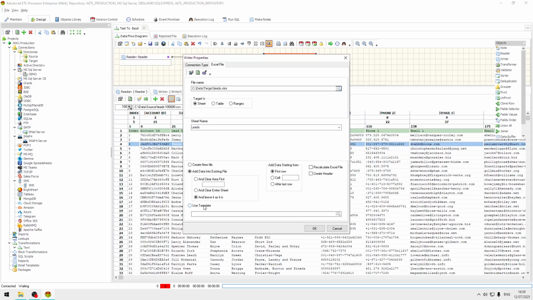We want to create a new file, to create a header,